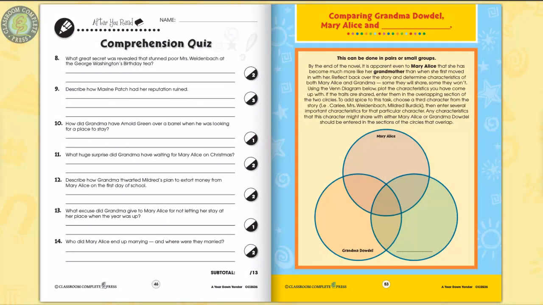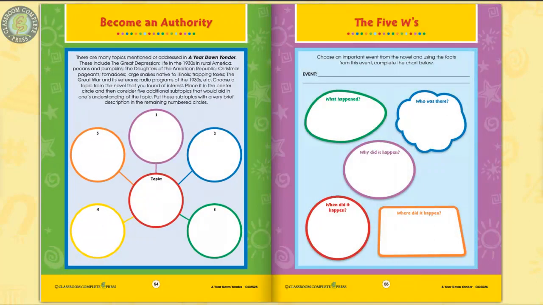3 color posters, which are graphic organizers, complete the resource. Choose a topic from the novel and 5 subtopics that would aid in one's